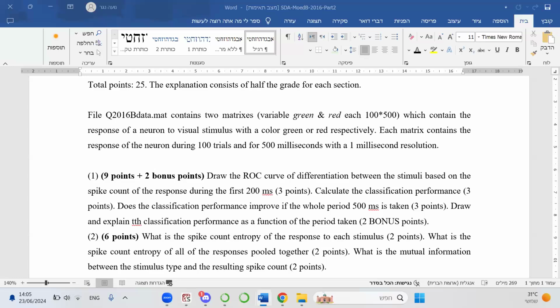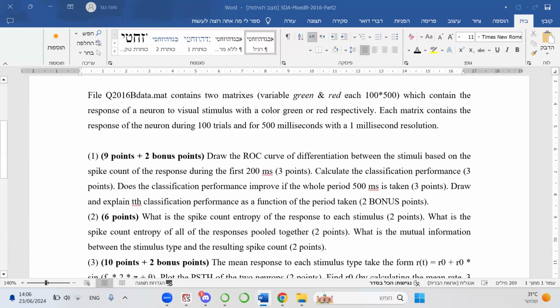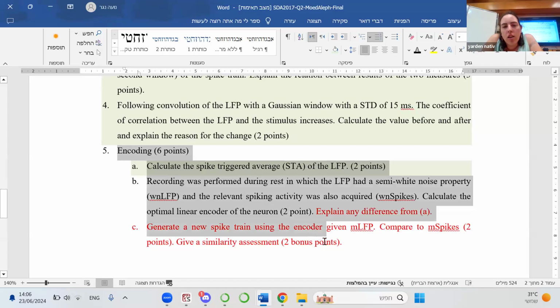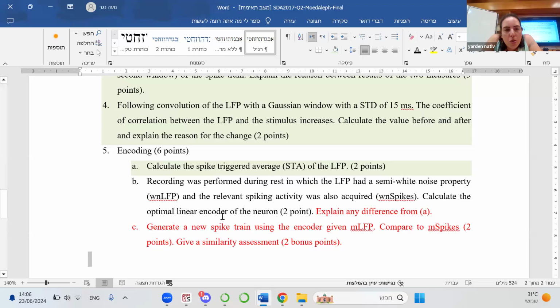Do you want to start with this? Oh, okay, great. Right. So here, it's the same question that I'm doing now, right? It's not the ROC. So which one is it? The encoding, generate a new spike train. Where is it? Maybe I'll just show you the other computer, the other screen. Okay. So the other screen. Right. So you see here,